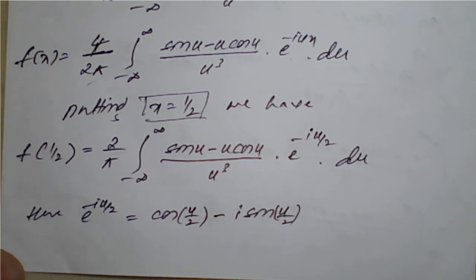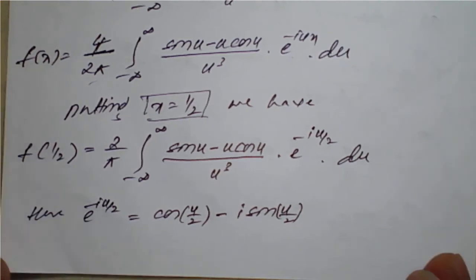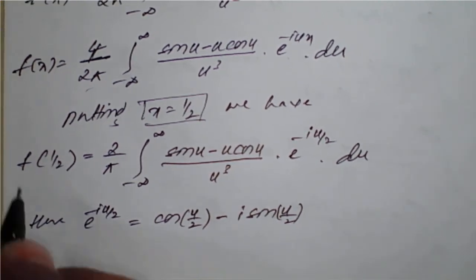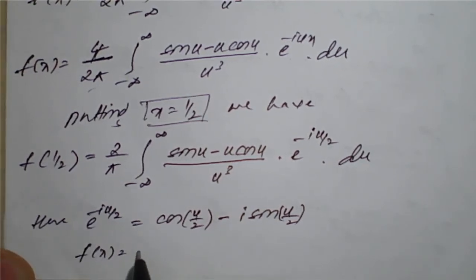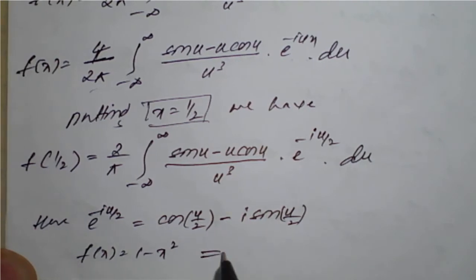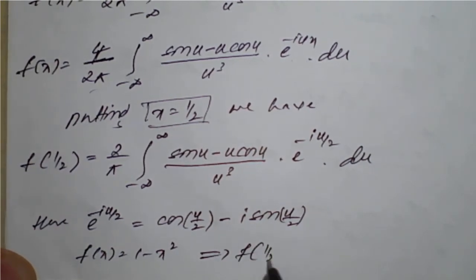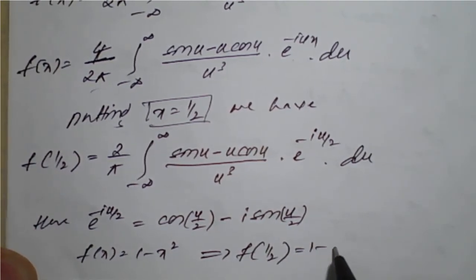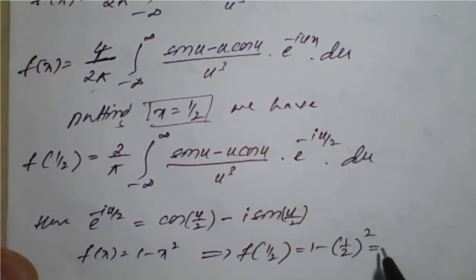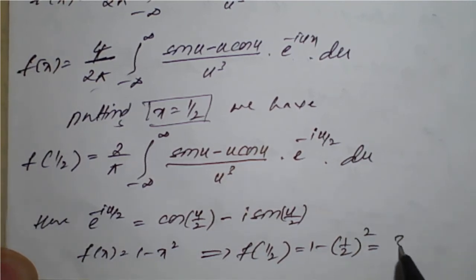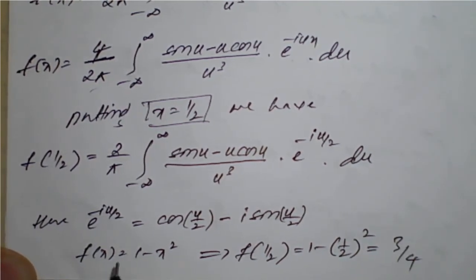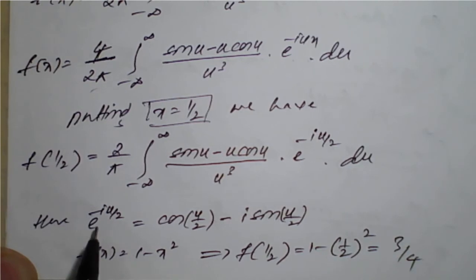Fine. So it is nothing but cos of u by 2 upon sine of u by 2. And f of 1 by 2 is nothing but, so we know that f of x is nothing but 1 minus x square. So which implies f of 1 by 2 will become 1 minus 1 by 2 whole square. So on simplification this will become 3 by 4. So we'll replace f of 1 by 2 as 3 by 4 and e raised to